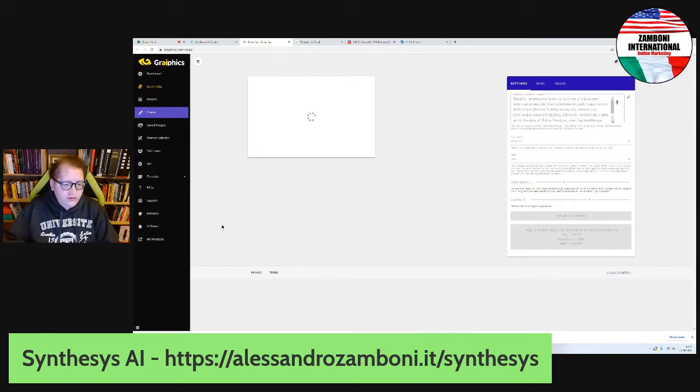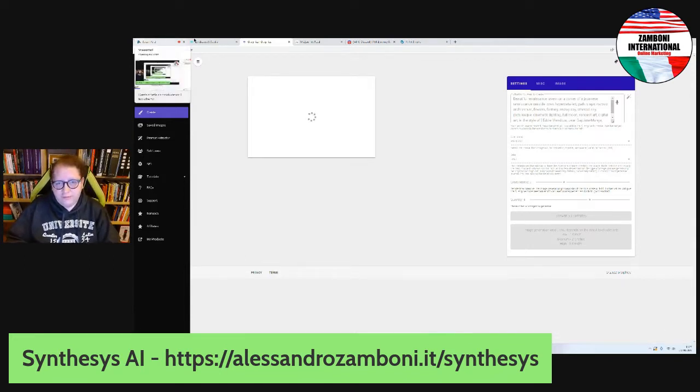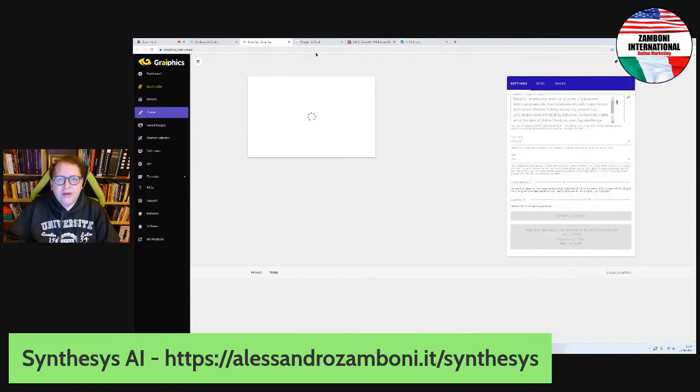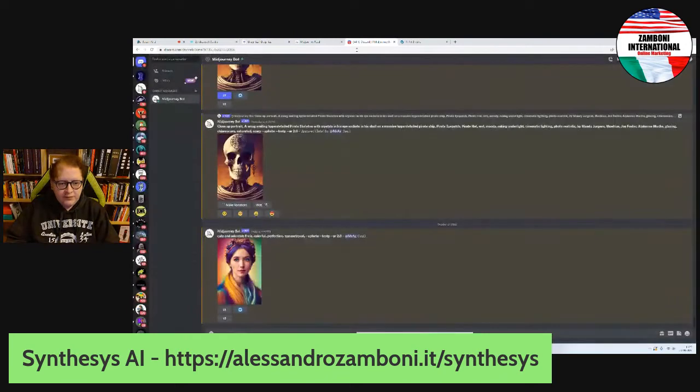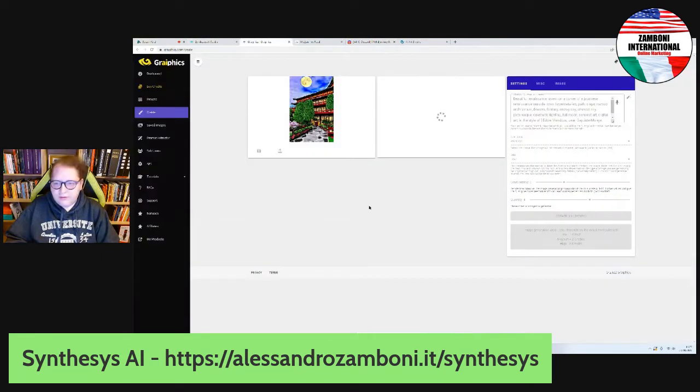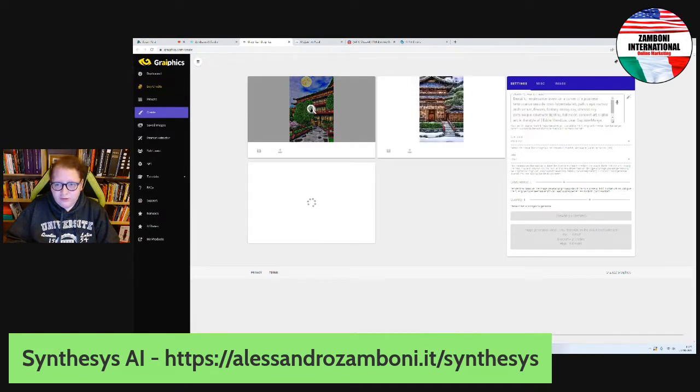I'm using this tool a lot, currently as much as MidJourney. Today I did two great Japanese images on MidJourney, and I removed them from my MidJourney so no one can copy them. I made one princess, a colorful princess that came out pretty well. And sorry, here it is creating the images.